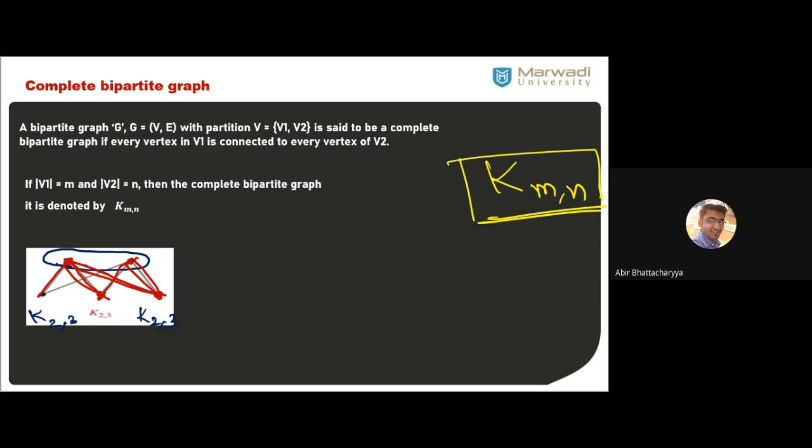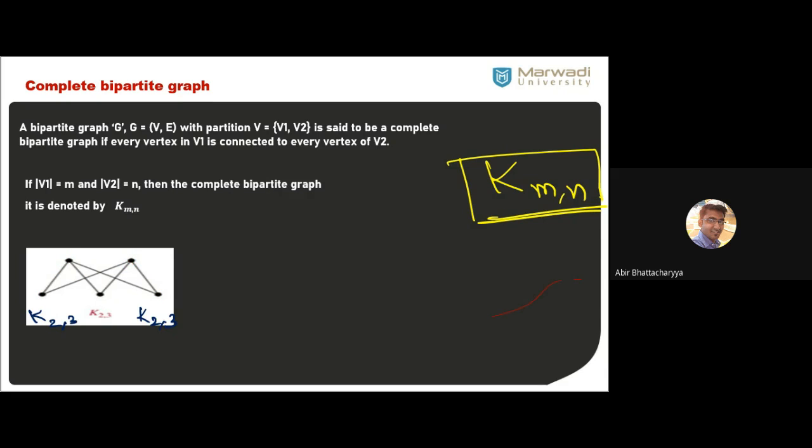What is the difference between a complete bipartite graph and a bipartite graph? In a complete bipartite graph, we have to connect every vertex of one partition to every vertex of the other partition. No specific vertex will be left. Suppose I forget to connect